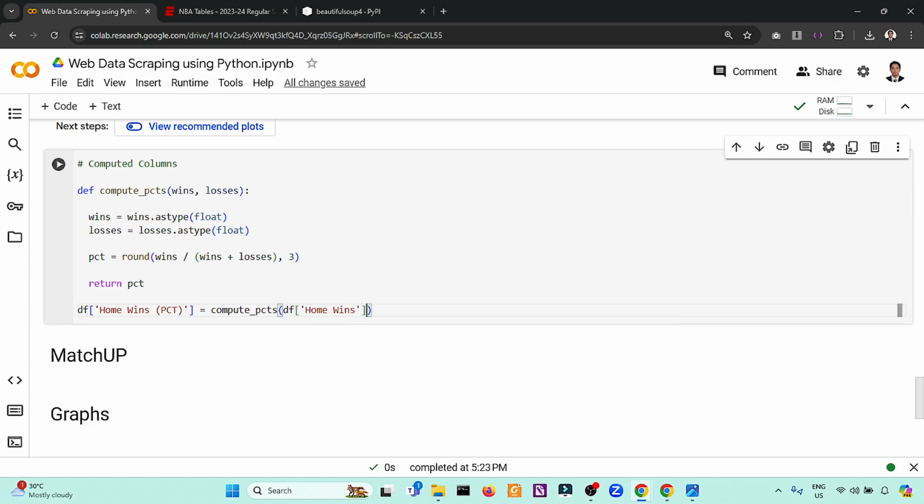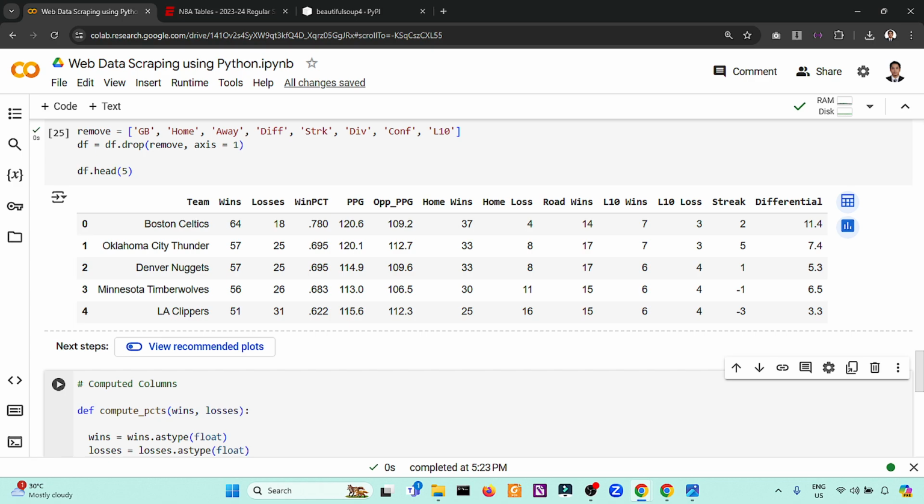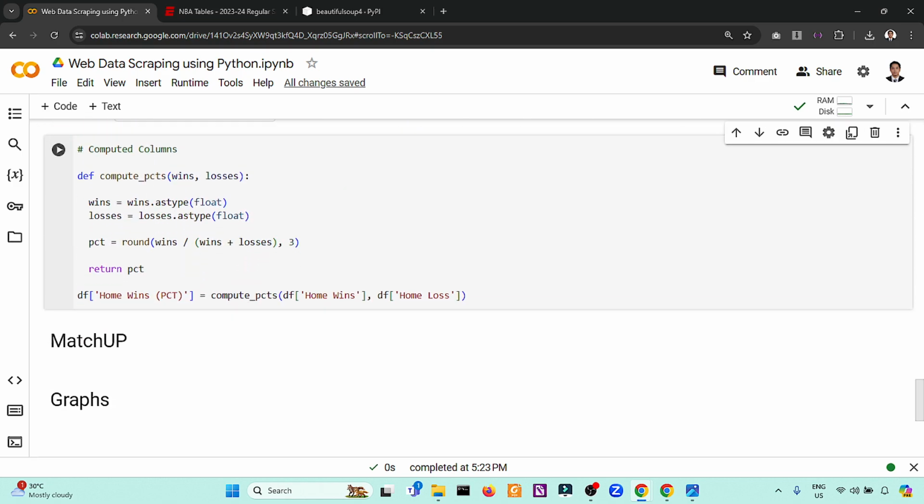Okay, this is the wins as type, which is float, versus the home loss, if that is the label. So let's see. So this is home wins, this is home loss, this is home win, this is home loss.